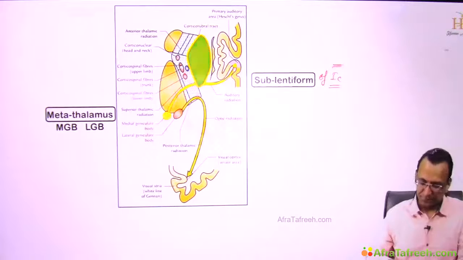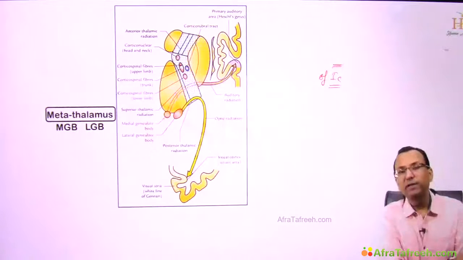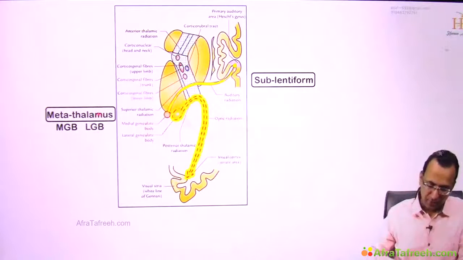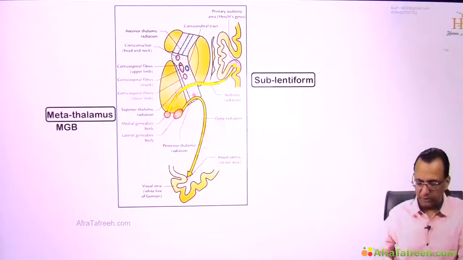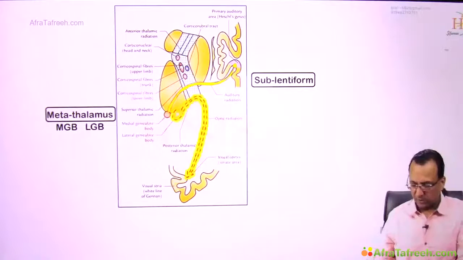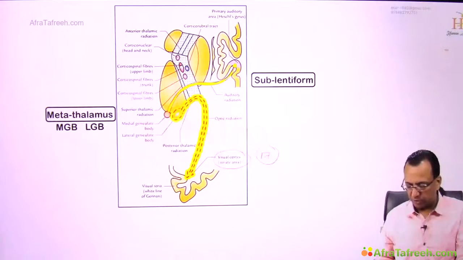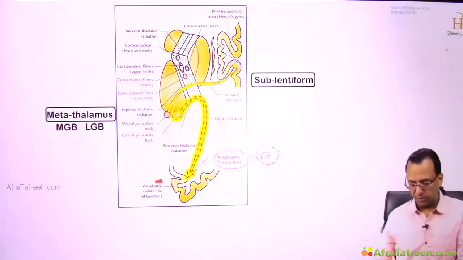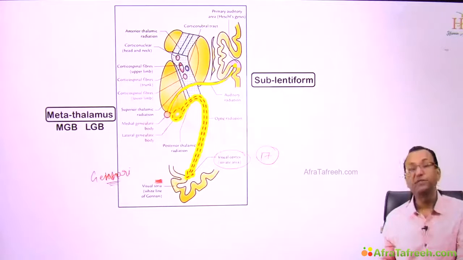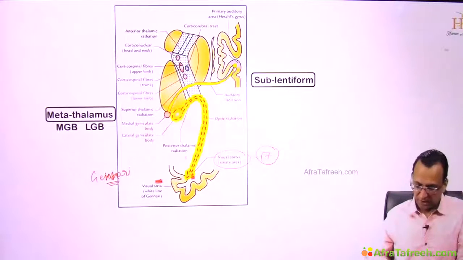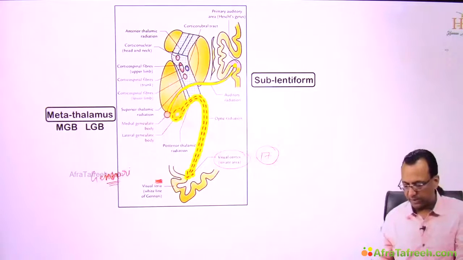Yes. And what about the visual pathway? That is the light pathway, lateral geniculate body, and going towards the occipital visual cortex. And occipital visual cortex is also area number 17. It is called the striate cortex. Why is it called striate cortex? Because there are some striations of Gennari. Yes, striations of Gennari. So there are some striations of Gennari in the occipital visual cortex, area number 17. That is why you are telling that this is a striate cortex.